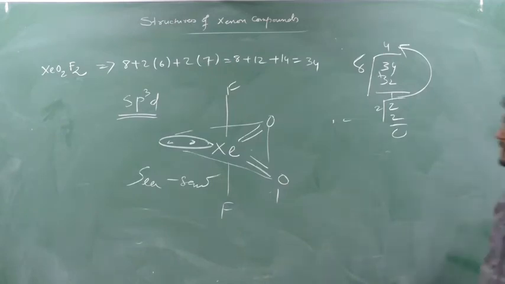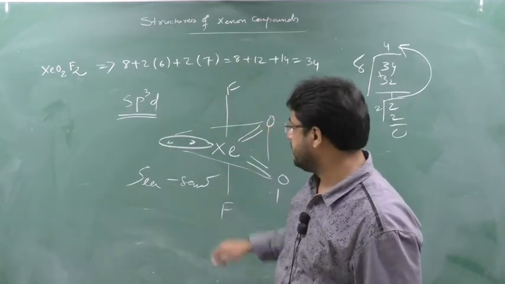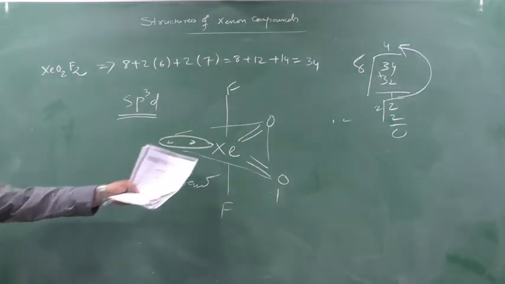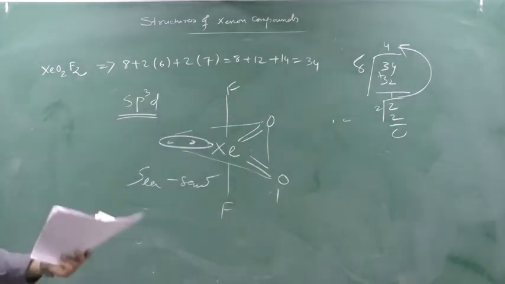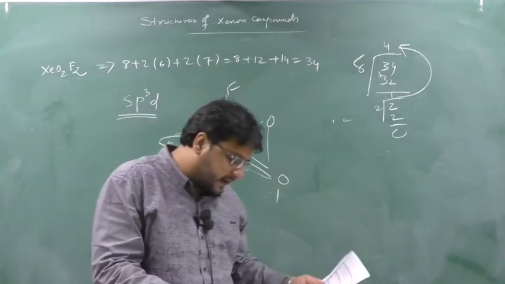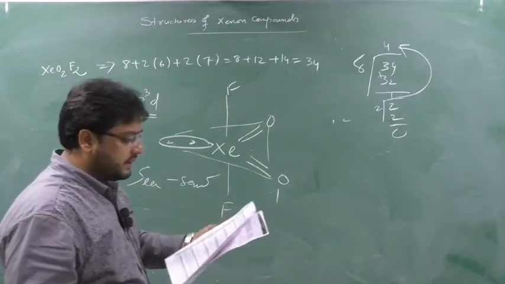What are we thinking here? 3 plus 2, 5. So 5 means trigonal bipyramidal. Trigonal bipyramidal will not come; instead a seesaw shape will come. Clear this part? Oxygen will acquire the double position, double bond. Why does oxygen acquire a double bond? Because oxygen requires 2 electrons to make a bond. Clear this part? Okay. Now I will discuss the paper as the last class I have given in the exam.